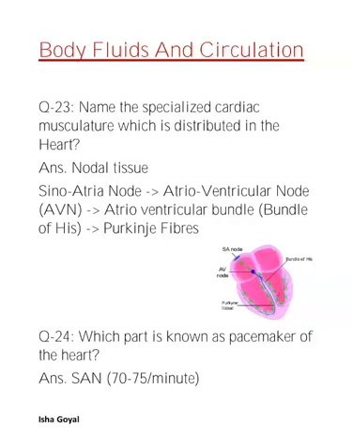Here in the figure we have the SA node, the sinoatrial node, which is present in the right upper corner of the right atrium. Next we have the atrioventricular node, the AV node, which is seen in the lower left corner of the right atrium close to the atrioventricular septum. Next, the AV bundle and then the Purkinje fibers.